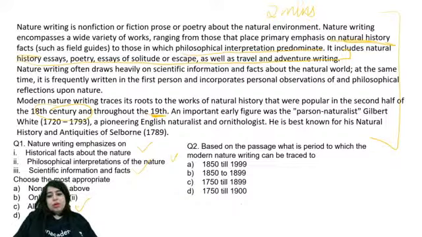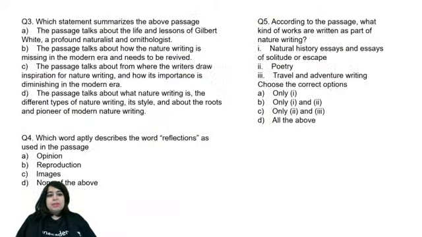Answer here. I hope you guys are aware that the answer would be this one, because that's how we write 18th century. Right now we are in the 21st century, although we are in the 20s. That's how the years are marked. Let's try the next three questions. I'll give you guys one minute to try these.